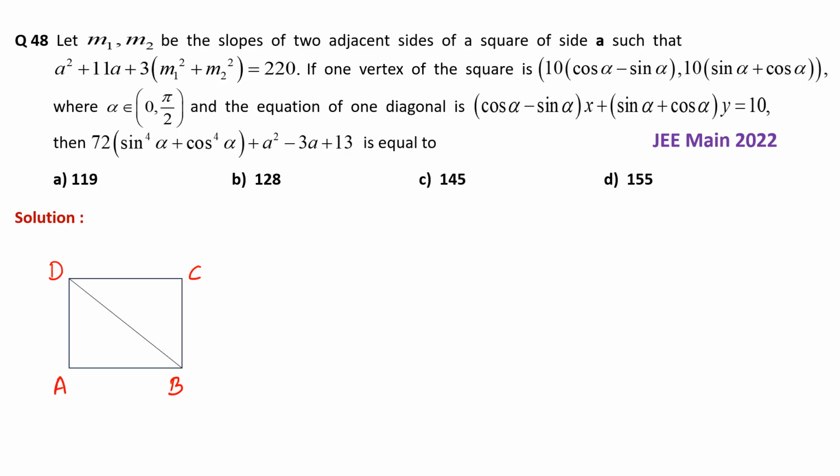alpha, comma 10 times inside the bracket sin alpha plus cos alpha, where alpha belongs to open interval 0 to pi by 2, and the equation of one diagonal is x into inside the bracket cos alpha minus sin alpha plus y into inside the bracket cos alpha plus sin alpha equal to 10, then 72 into inside the bracket sin alpha power 4 plus cos alpha power 4 bracket close plus a square minus 3a plus 13 is equal